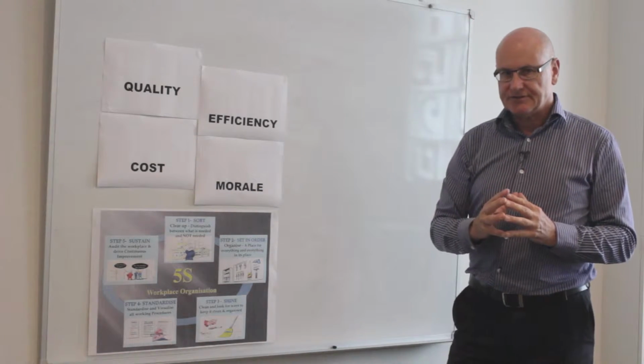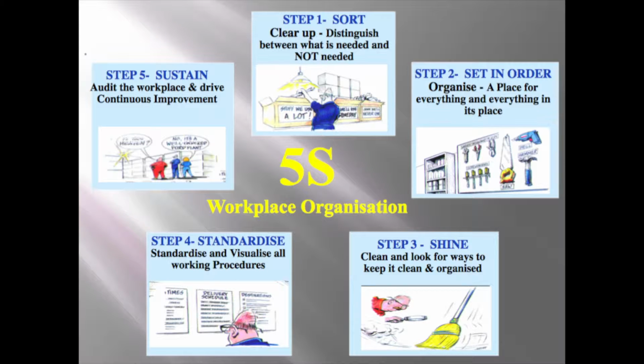So let me introduce you to the 5 elements. I'd like to talk to you about the 5 S's and the steps we take to implement them. The first step is naturally sort and discard. Sort and discard is about distinguishing between what we need and what we don't. Naturally, things that we need to make sure are stored close to our workplace. Things that we use less often can get stored further away. And those things that we seldom use or never use can be discarded.